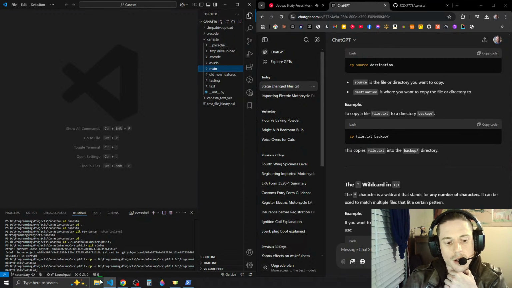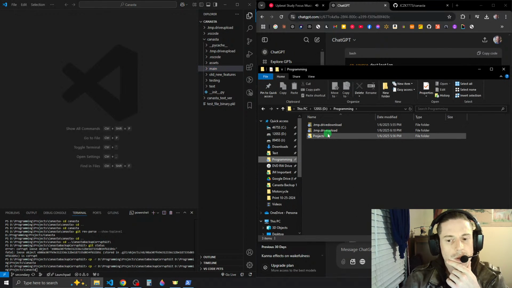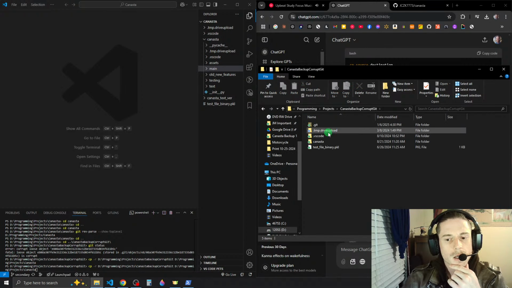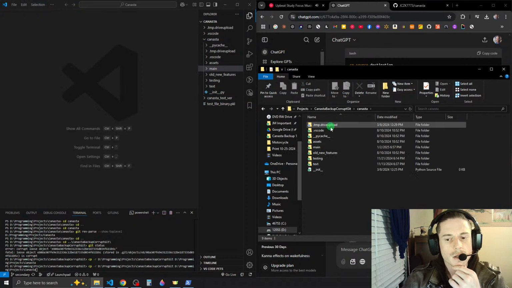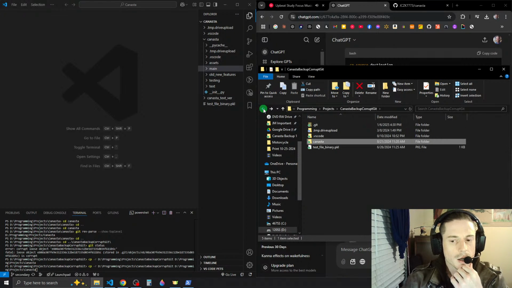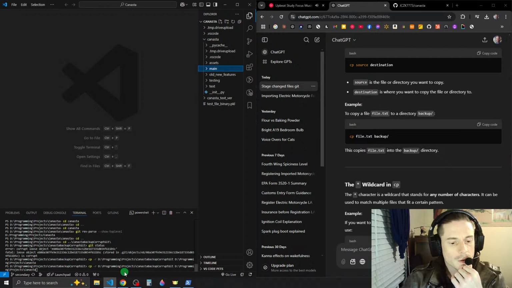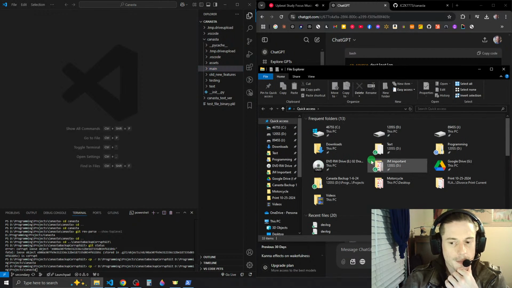So if we go over here and go to projects, backup, and then we have Canasta, main, we should have the client refactor. There it is, okay. But that's gonna copy all the files, and that means all the corrupt Git files. So we don't want to do that. So we're just gonna do this the old school way.